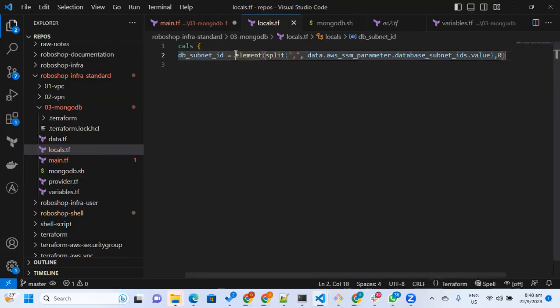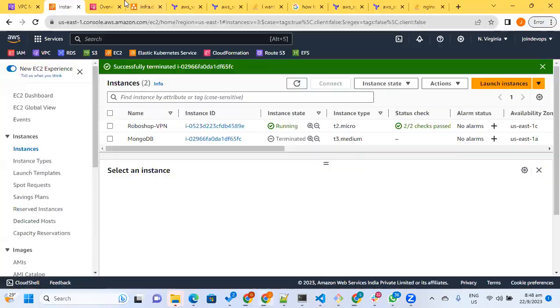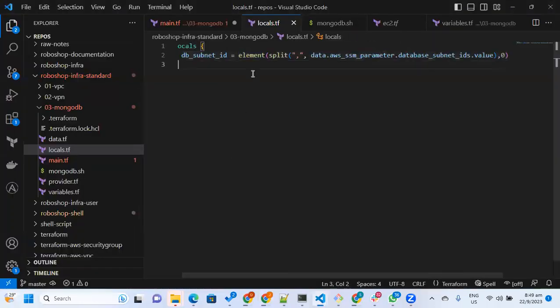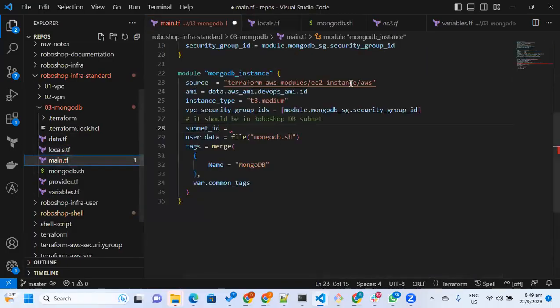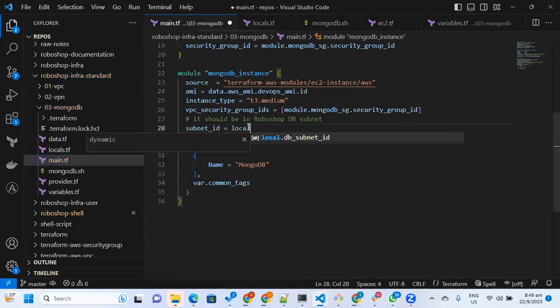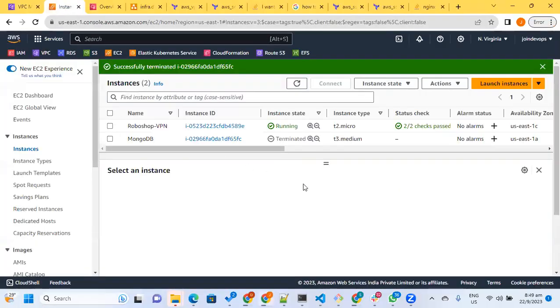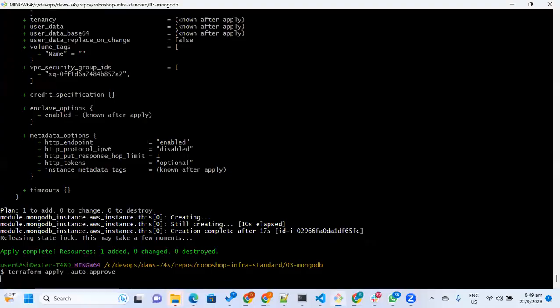So how I got this idea? So how you get this idea generally? If you see this, so this one, I want this first value. So obviously I need to split. How you split? Based on comma. When you split it based on anything, you will get these two into a list. And out of that list, I want the first one. Okay. First one always refers 0th index. Now you can get local.db subnet ID. Okay, instance is deleted. Now if we apply again,